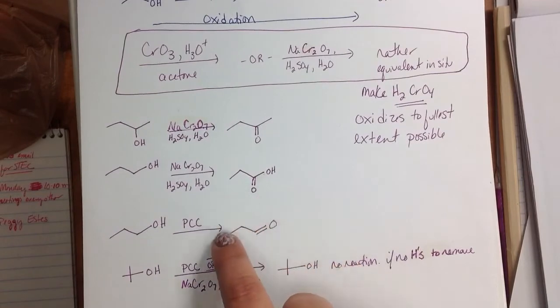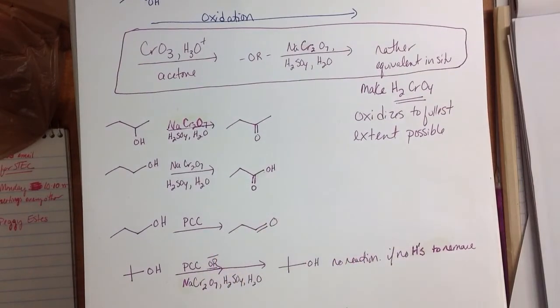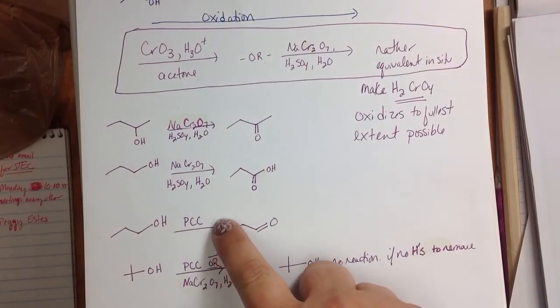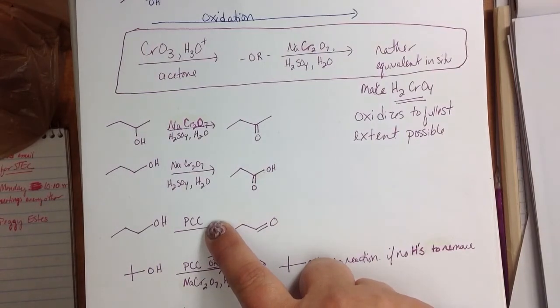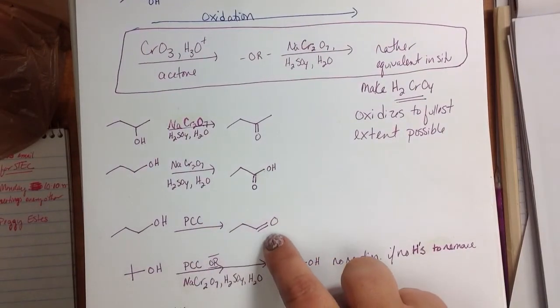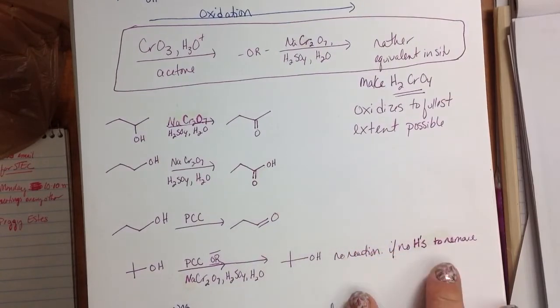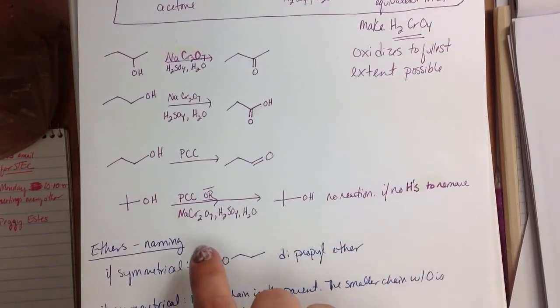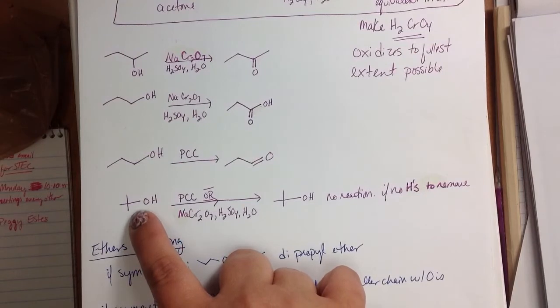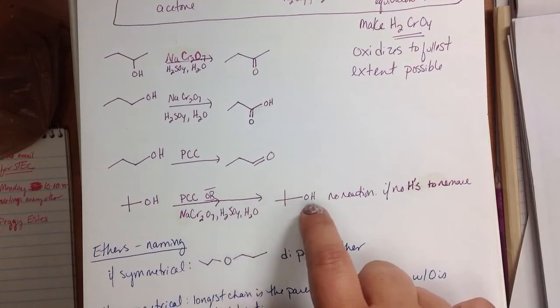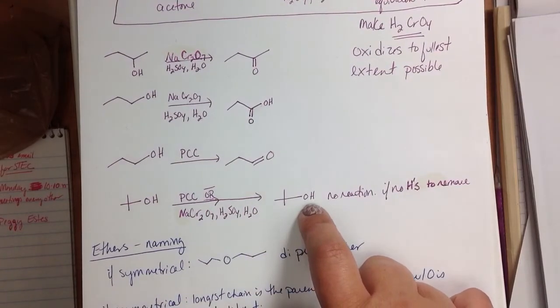There's another reagent, which is basically a way to have this not be as active, which is using pyridinium chlorochromate. So that's what we term as PCC for short. And this guy will actually stop at just making a carbonyl. He doesn't go ahead and make a carboxylic acid, so it just sort of stays right there. But note that once you have an alcohol that's tertiary here, we can't have more bonds of that carbon. So it doesn't matter what you add to it, it's not going to be effective.